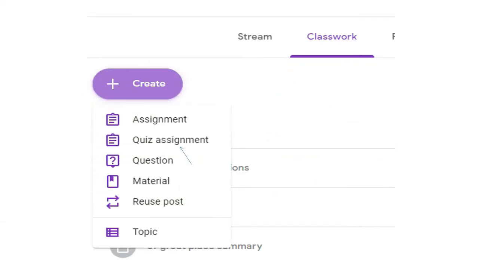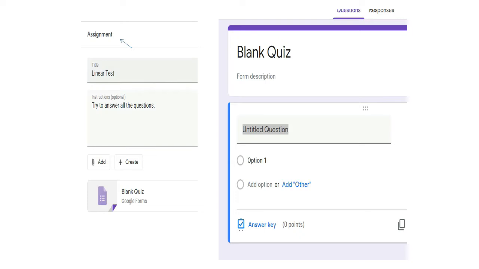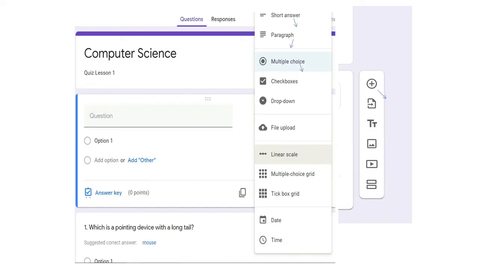Next to assignment, we have quiz assignment. Click on it. Fill in the assignment details, title, instruction. After that, click on blank quiz. We'll get a Google form. The blank quiz is nothing but a Google form only. Delete the blank quiz title. I typed CS here, computer science.